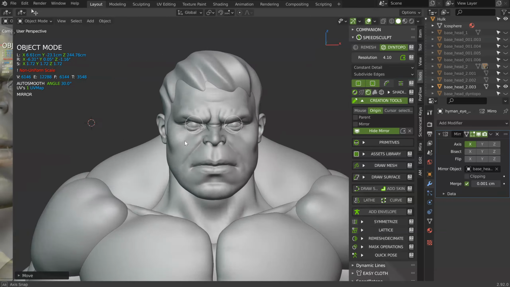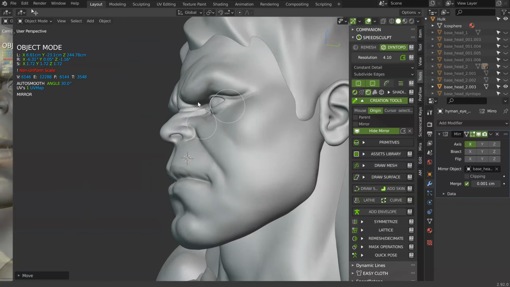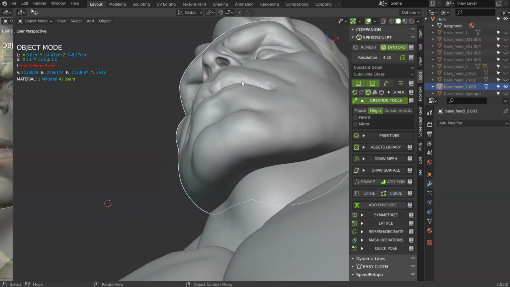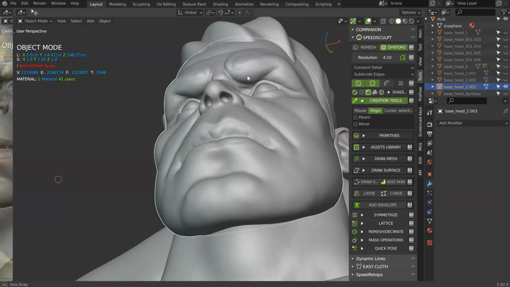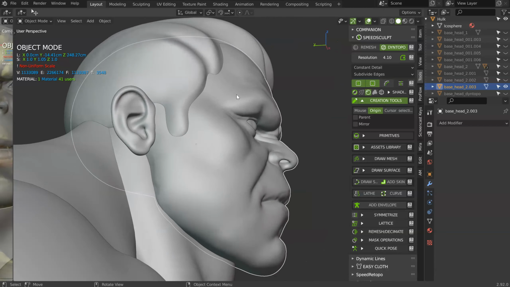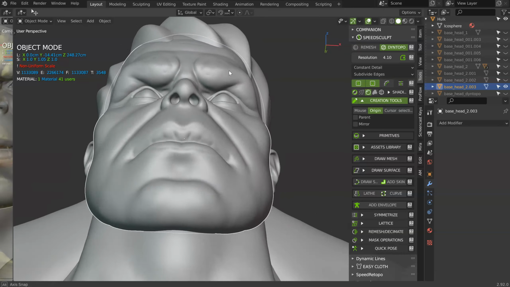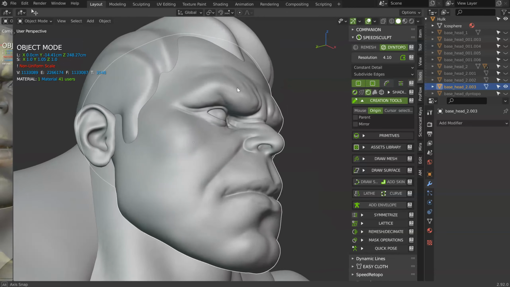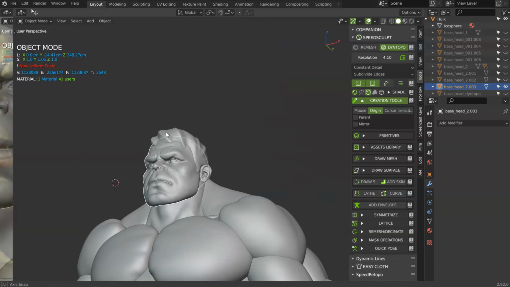Yes, this is much better like that. Less flat. And if I want, maybe I will keep them like that, because Hulk has a big, this part is really big. This is much better like that.